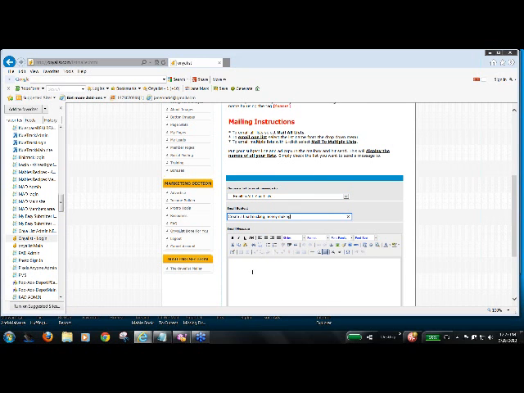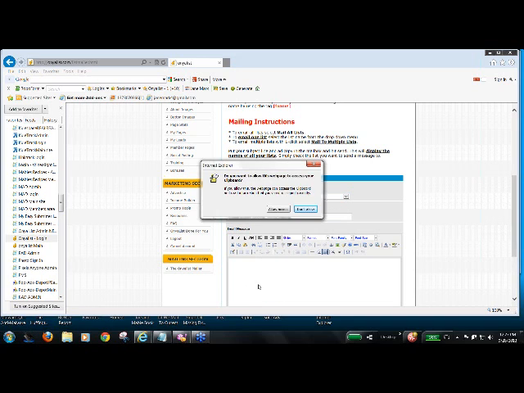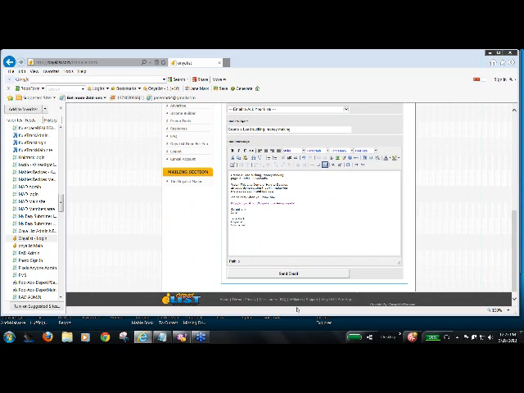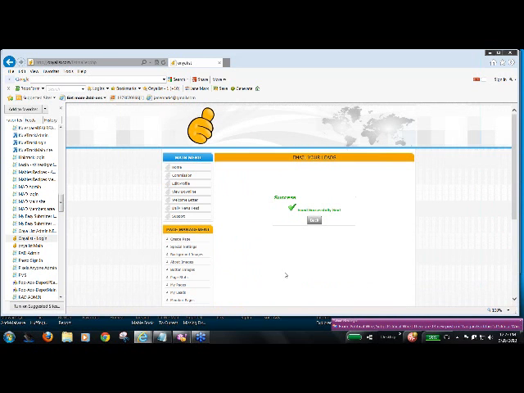Now, if I want to get fancy, I can use the editor and make it bold and colors and do anything I want and add this, that, and the other. But I'm going to just send it out really simple, and I hit send mail. So now, if you don't use the On Your List mailer, and you use an autoresponder, the logical place to